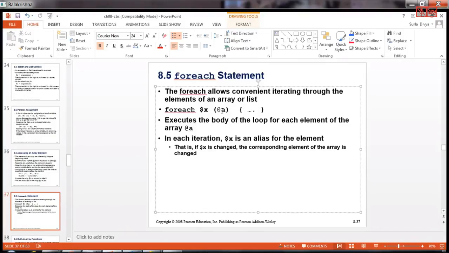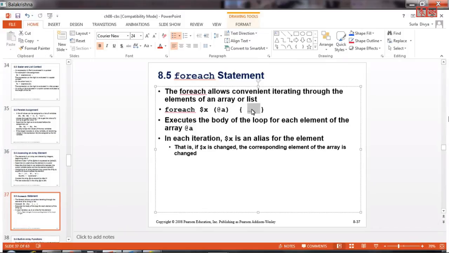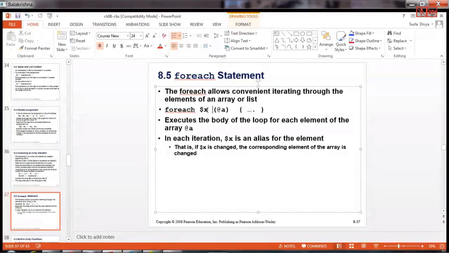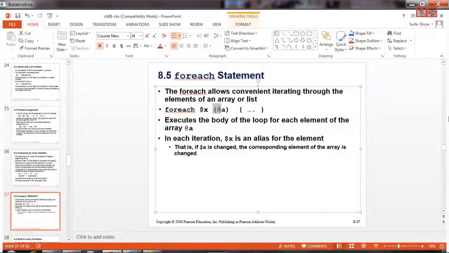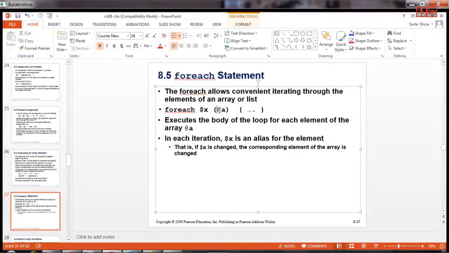So now for each $x of @a, we are trying to print each value in the array. $x can be new here, which was not defined. You can dynamically initialize or declare any scalar variables in Perl. Therefore, we are saying $x here because every time you take each element, it is one single scalar value. Each single scalar value has to be stored in a scalar variable. That is the reason, though it is an array here, we are trying to take $x. Dollar is a scalar.